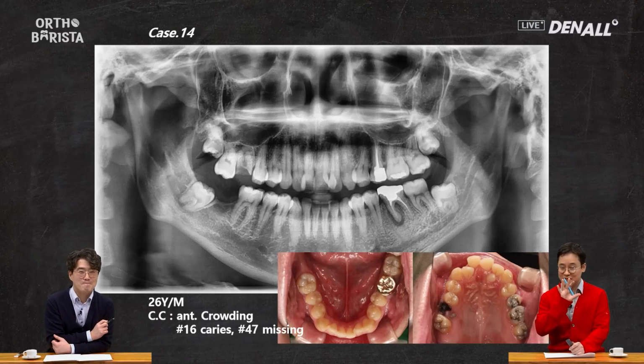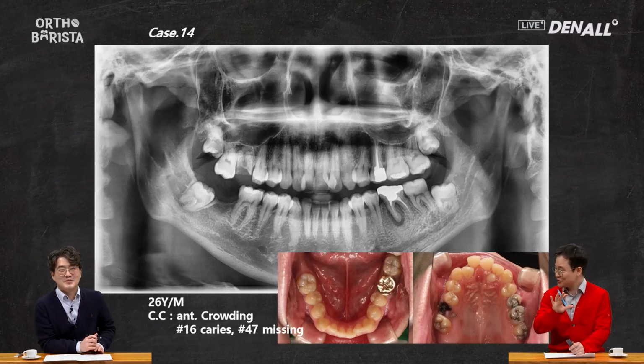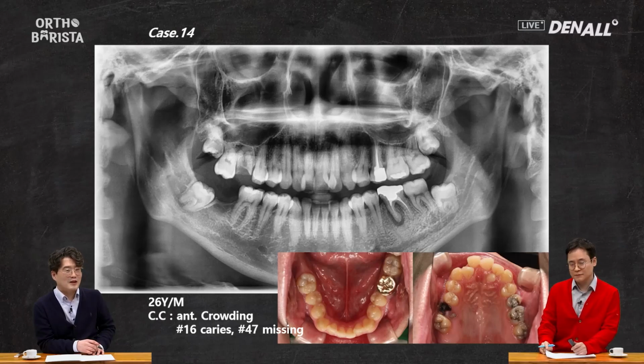In reality, patients with issues in the 10s, 20s, 30s, and 40s regions all face significant challenges. For the 10s region, the key seems to be whether the wisdom tooth will emerge properly. For the 30s region, will tooth 38 come out well? As for the 40s region, it's likely ankylosed. Typically, that's how it appears. I would lean toward extraction rather than attempting movement in such cases.